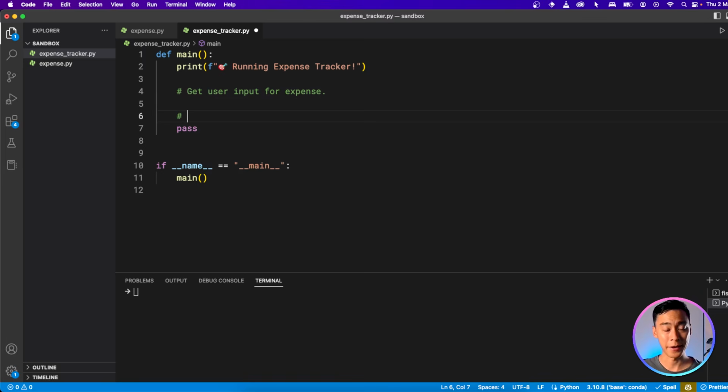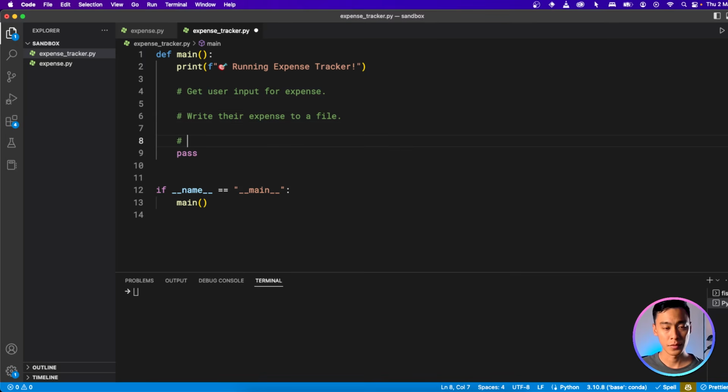And then after that, we want to write it to a file. And finally, we want to read the file and summarize all the expenses. Great, so now we've broken our Python app into 3 different problems we have to solve.